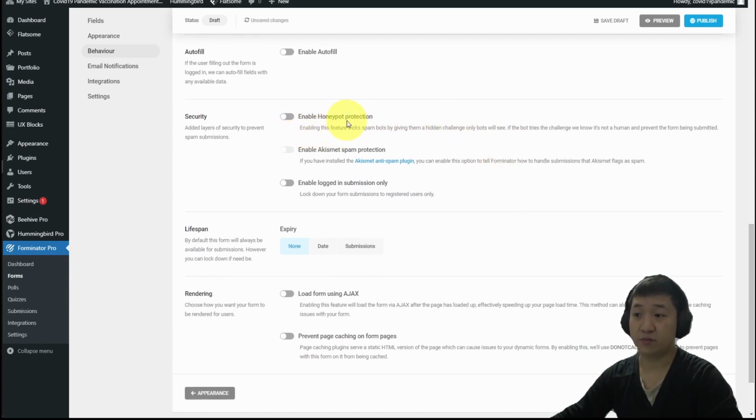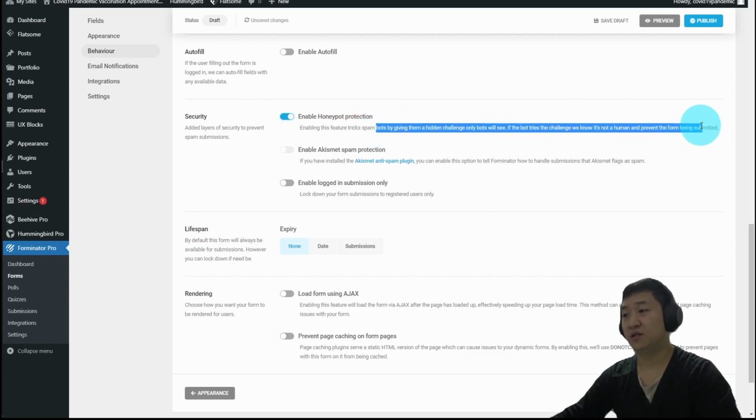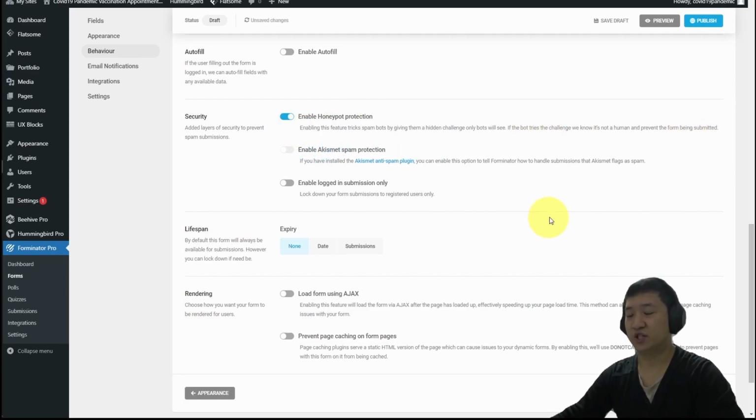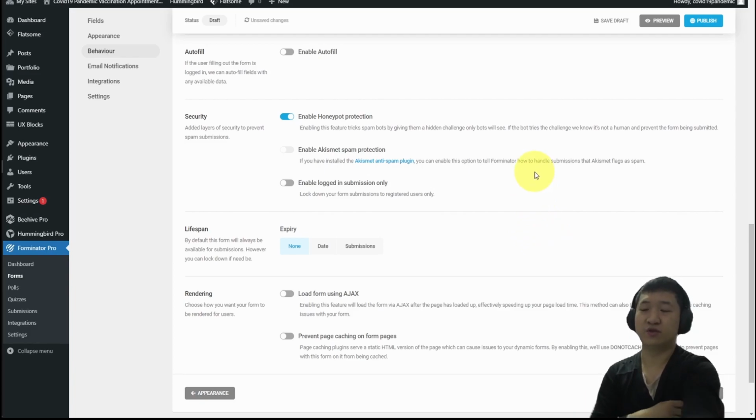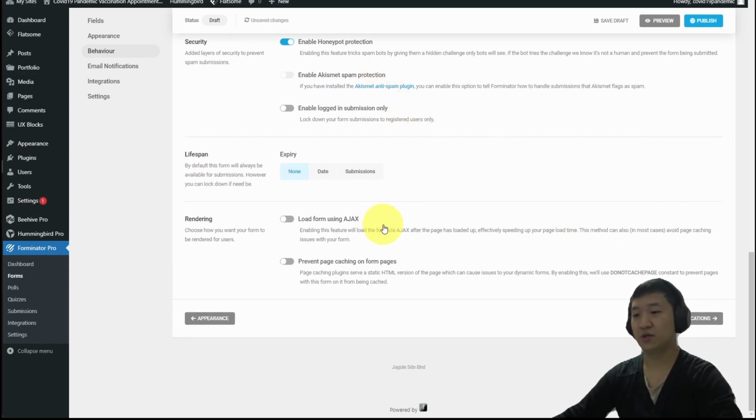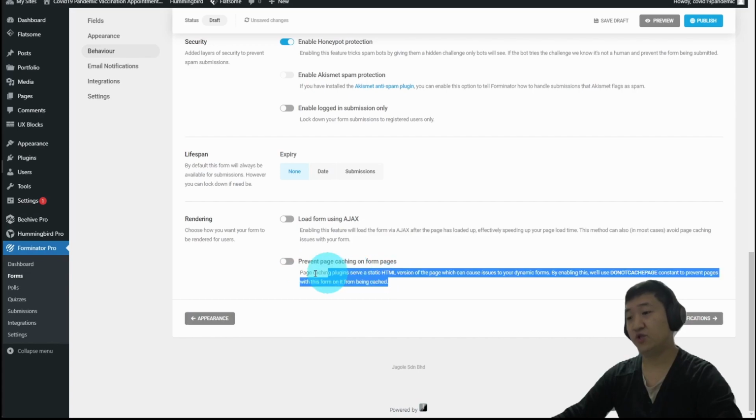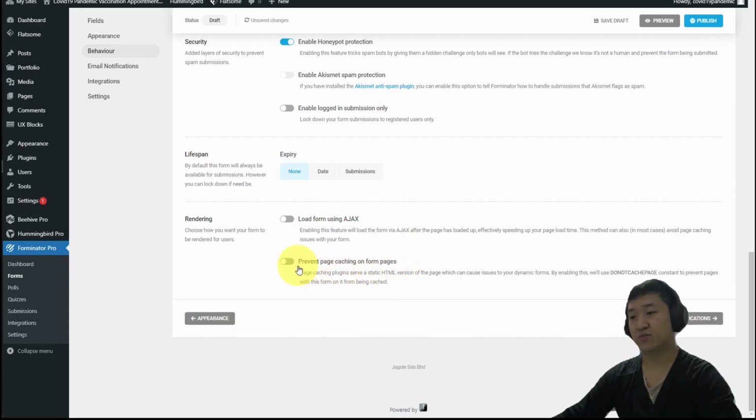Okay, this is very important, whereby you should enable this honeypot to prevent those bots that keep on spamming. This is a very advanced and intelligent kind of feature, which is much better than the Google reCAPTCHA. Okay, when it's done, then usually I will click this one called prevent page caching on form pages, so that if you already updated your form, it won't